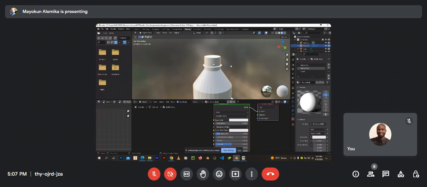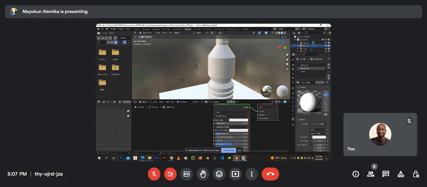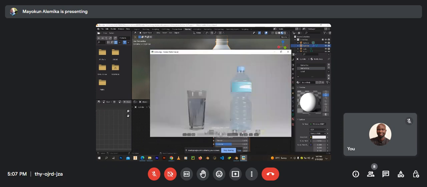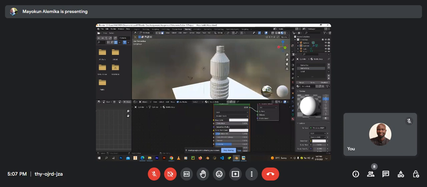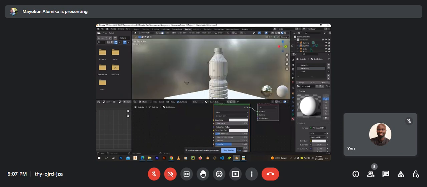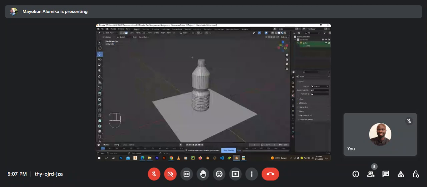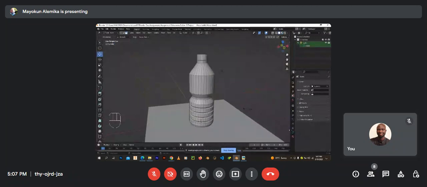So first thing we want to do is let's start with the cap. Now to assign the different materials to different parts of the object, we note that in our reference, every part of the water bottle is transparent except the cap and the label. So first of all, let's go into edit mode. Tab to go into edit mode. Notice what I did. Maybe I should go into the default layout, because this layout is scary enough. Okay. So now we select our materials